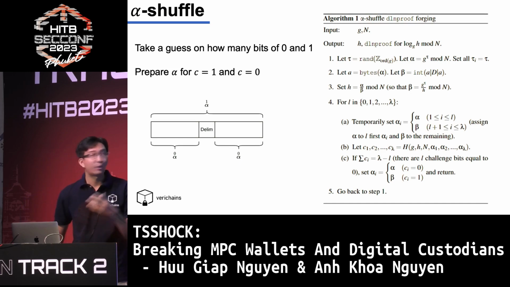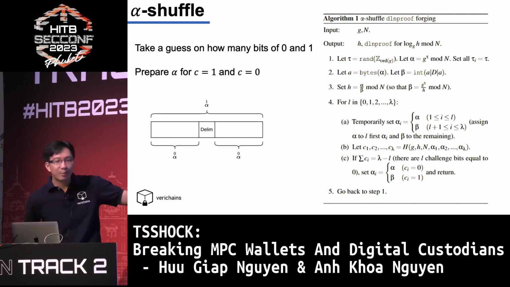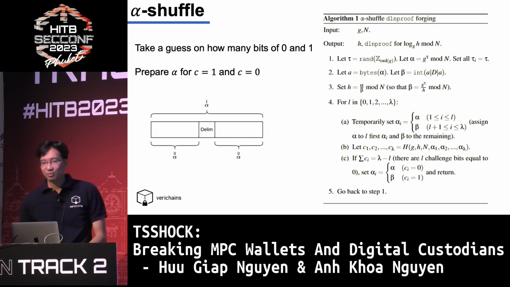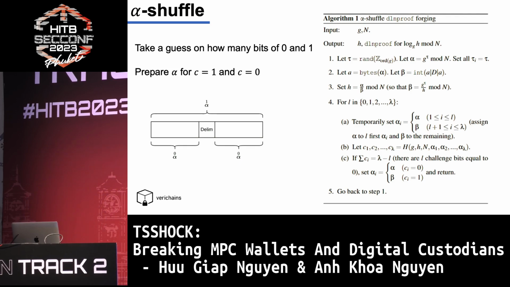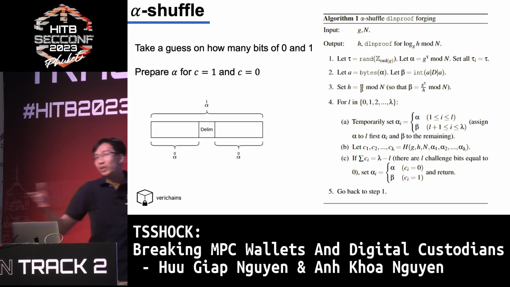So the basic idea is that I'm gonna guess how many bits of 0 and 1 are in the challenge. And then I'm gonna generate alpha, so you see here, this is alpha 0, and alpha 0 with the delimiter in the middle will be alpha 1. We will take a guess of how many bits of 0 and 1, generate a dummy value, and send that.